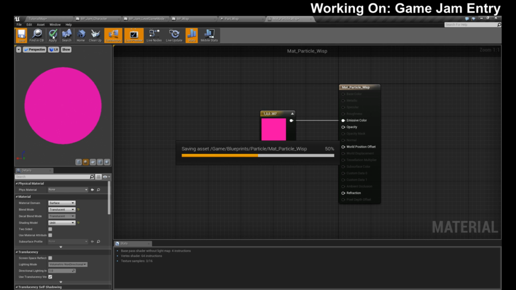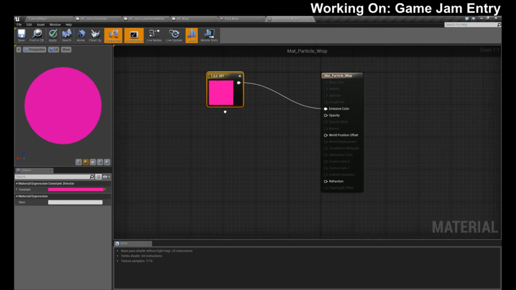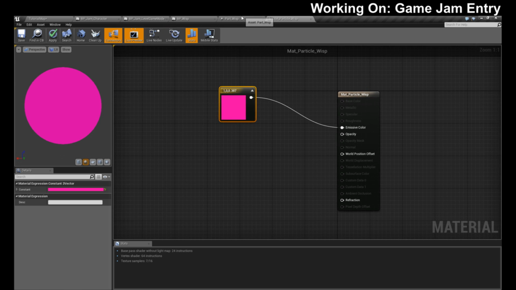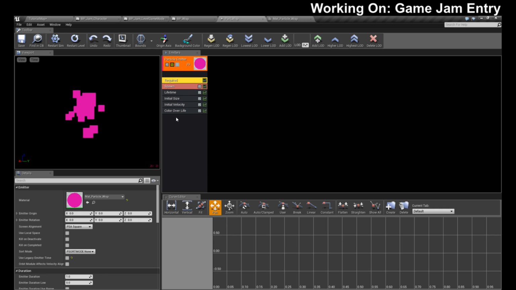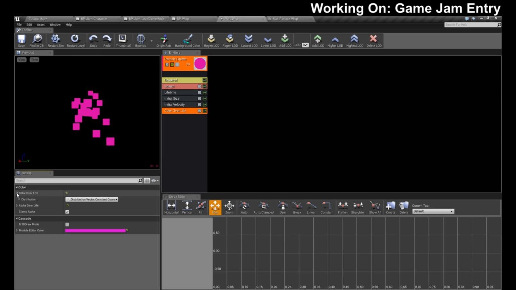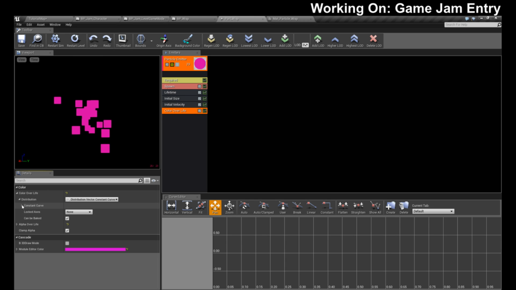Drive the opacity by... Yeah, as long as I put a... Oh, crap. How do I drive the opacity? I'm not a particle person. It's part of the color over the life. And I can drive the color over the life.